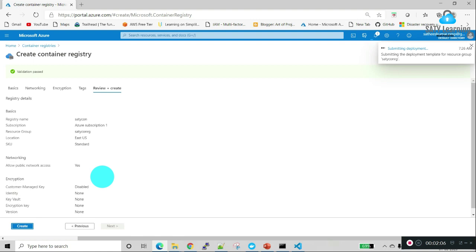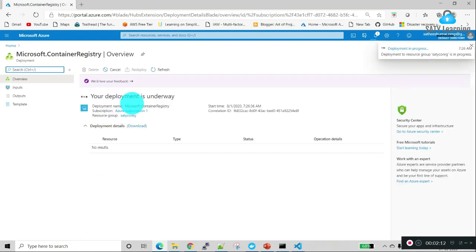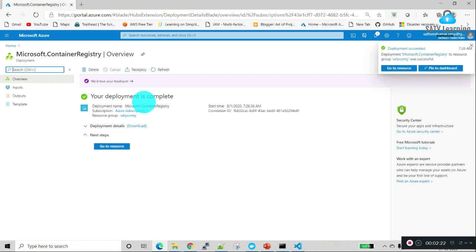So it's deploying the container registry. So it's created.